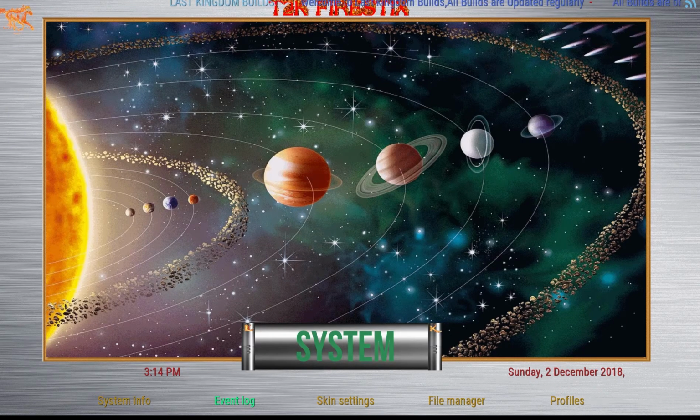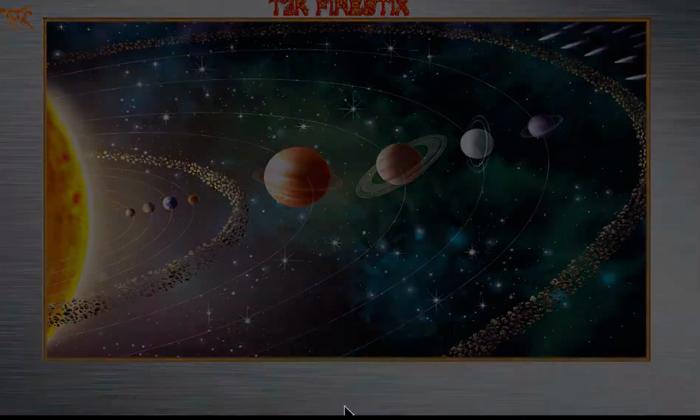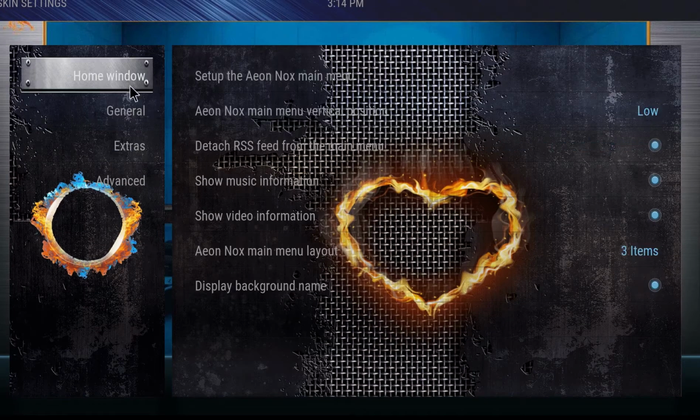This is a quick video showing you how to disable, which is effectively removing sections from a build, using the Firestick's build, but it's the ANOX skin, which is pretty much the same for all the builds. Just go along to System. If you click on below it, Skin Settings,